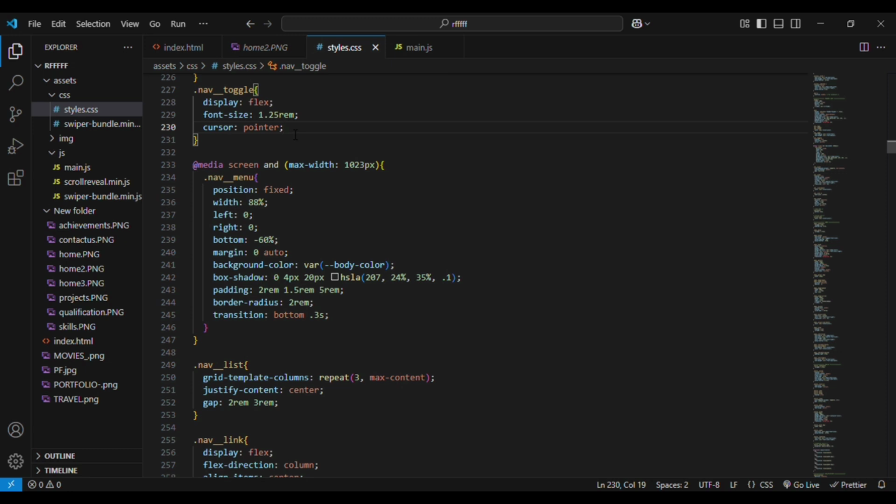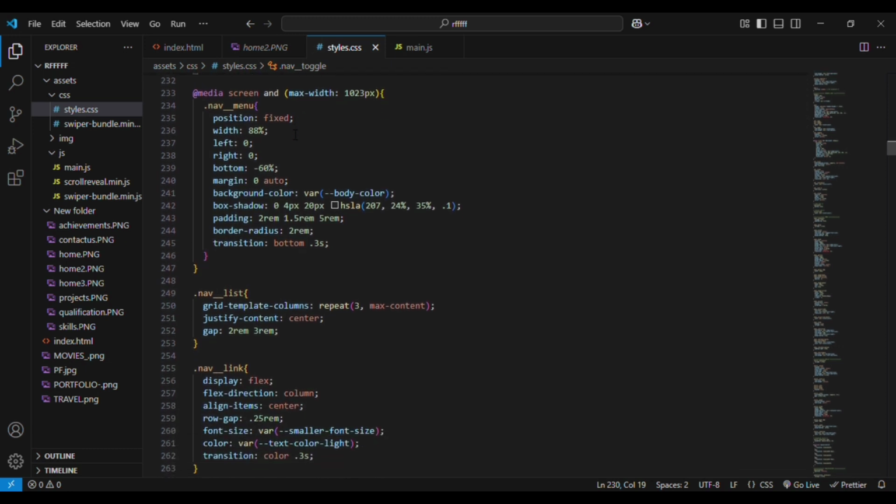Then we have the media screen with max width of 1023 pixels. So for device screens below 1023 pixels, whatever is available, only for those these values will apply. That is nothing but responsive web design. This is a very important topic in web development. So for the nav menu, we want the nav menu to be displayed in the mobile version, right? In the mobile version, you don't have a lot of space like in the desktop version. We only have small space. So what we are doing,